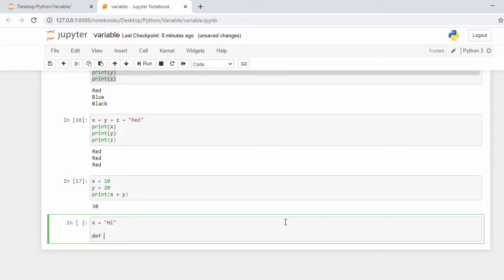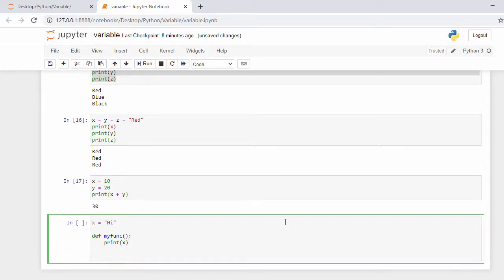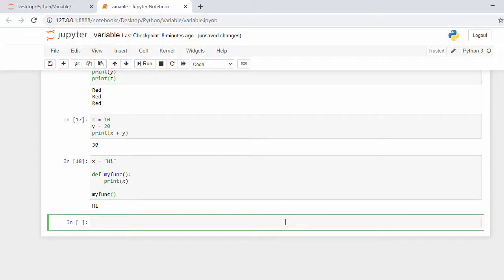I say def my function, and inside I say print x, and I call this function, my function. If I execute this, it will print hi.